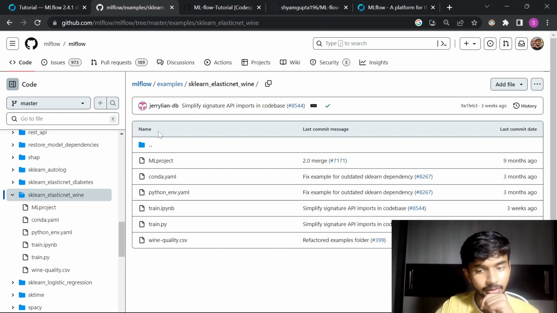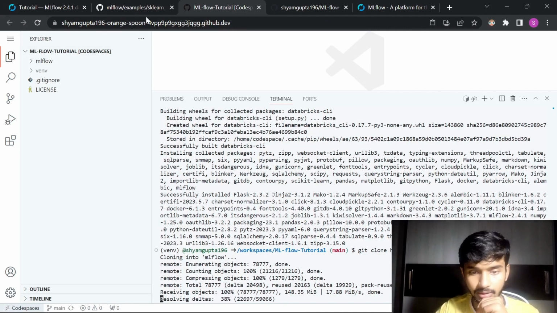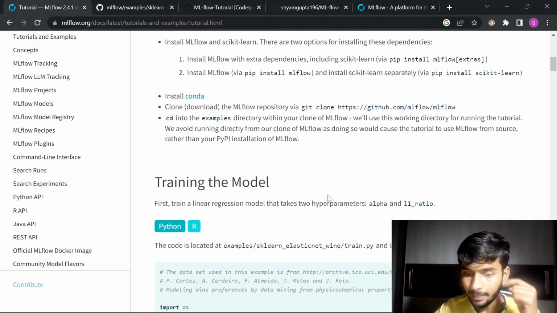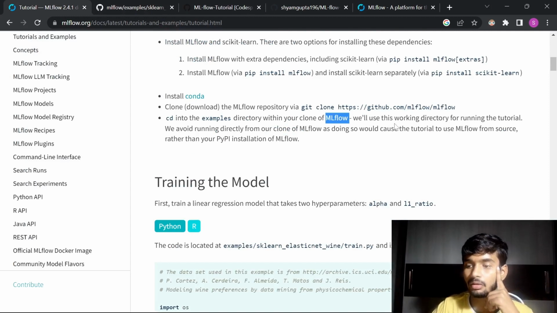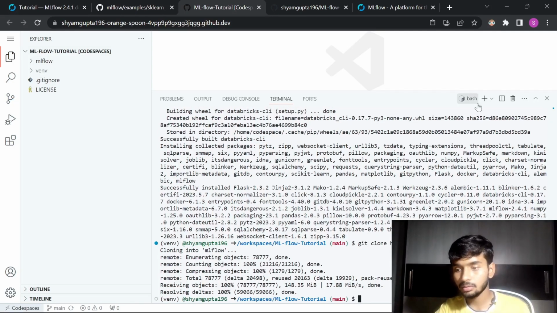And so we have to have these, right? Interesting. Next, we cd into examples directory with our clone of MLflow. We'll use this working directory for our running tutorial. We avoid running directly from our clone. Okay, so while this is happening,